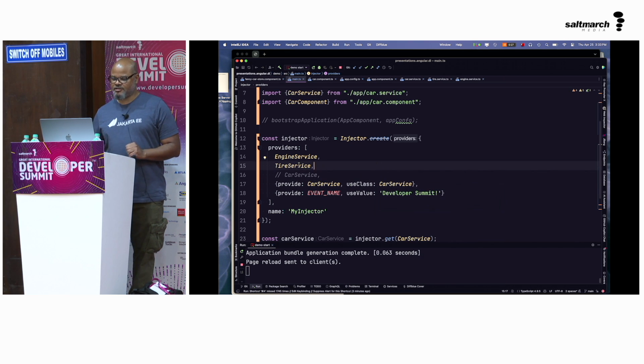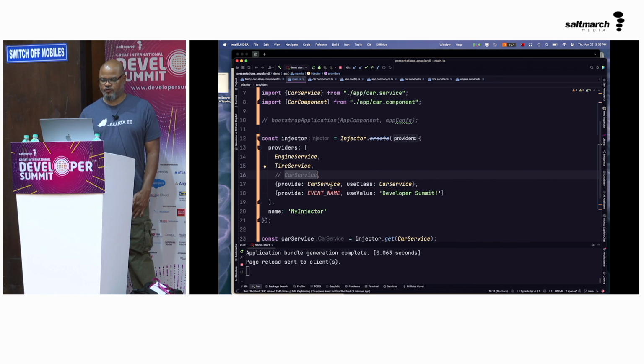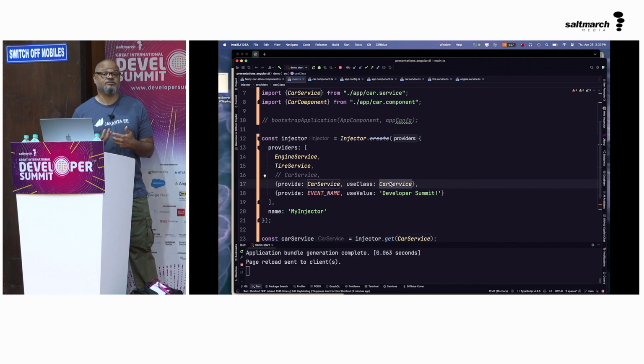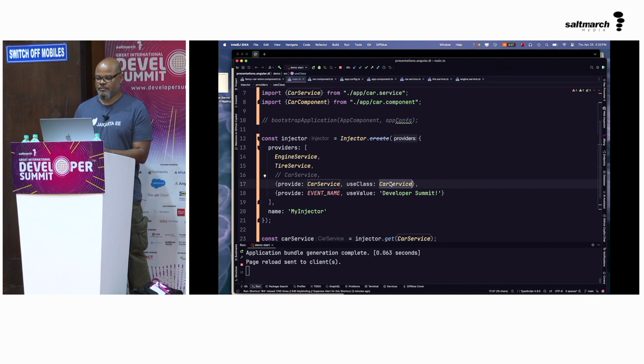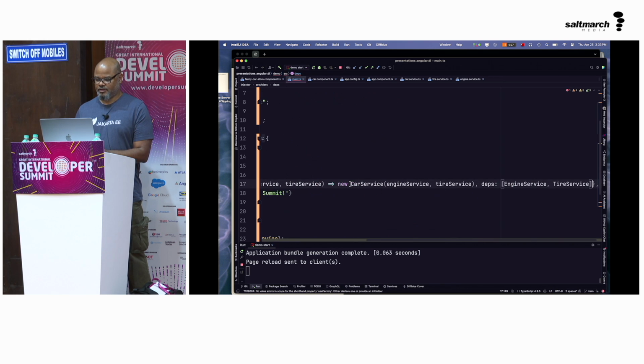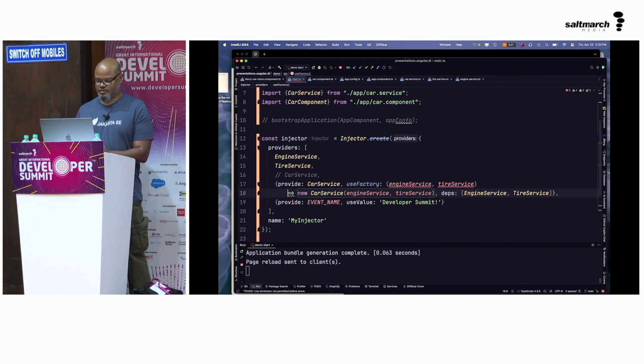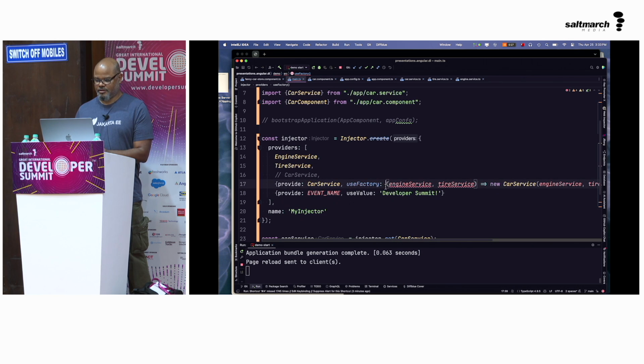It turns out that this car service here is just shorthand for this, essentially. That's not terribly exciting, but it also means I can easily swap out the class, which is one of the benefits of the dependency injection framework. Also, I can use factory. Give me some happy suggestions here. So I could use basically anything I want here.